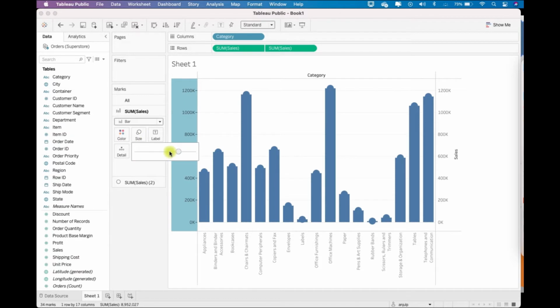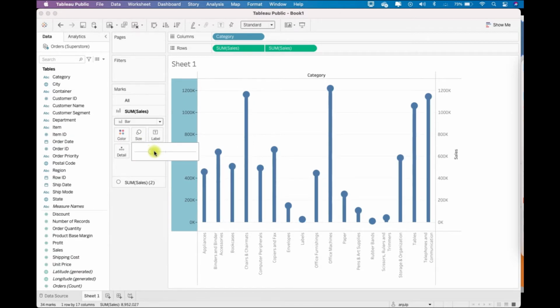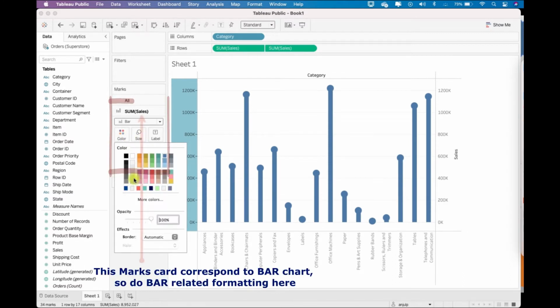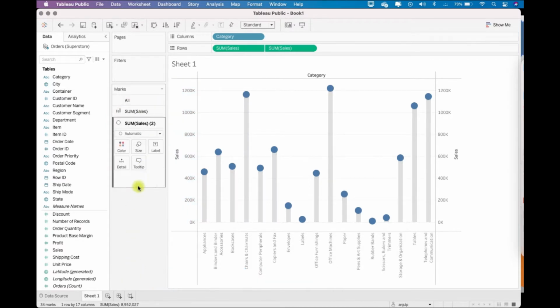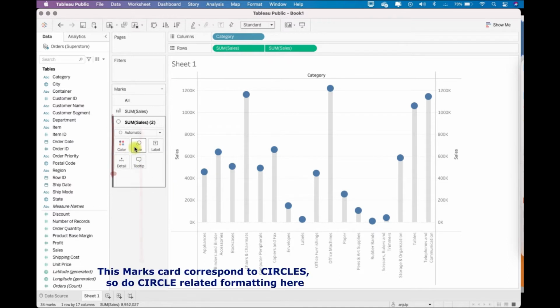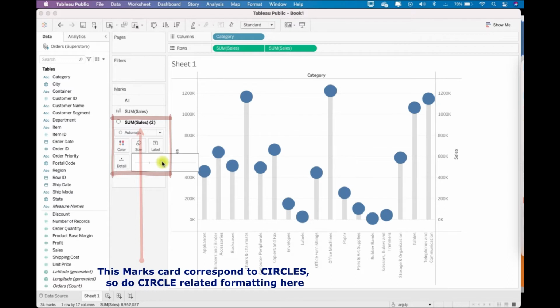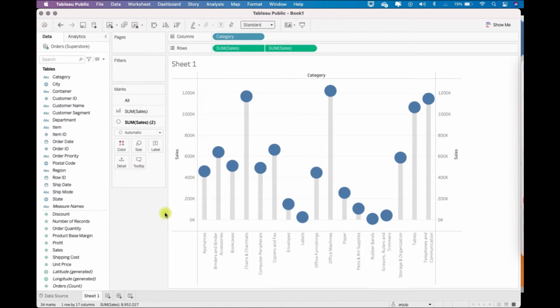So I'll reduce the size of the bars, maybe change the color also, reduce the opacity. Now go to the second option and change the size. And yeah, so this is pretty much it.